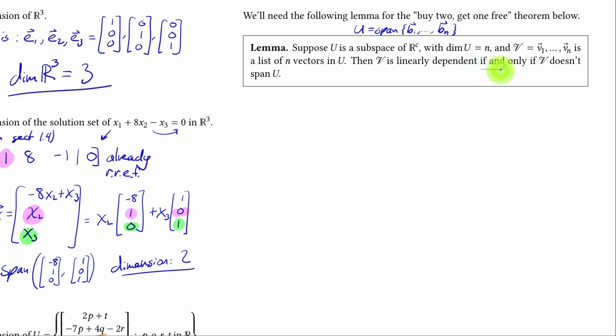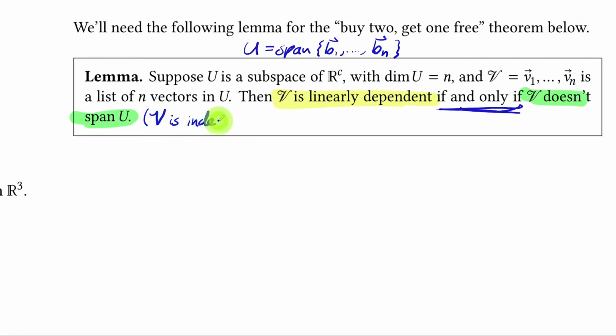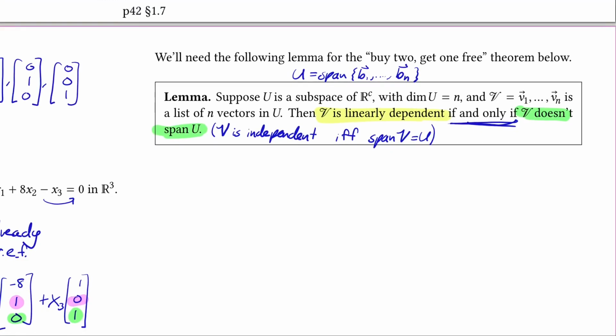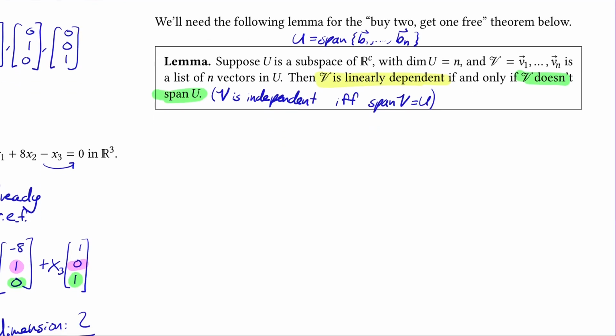Now remember, if and only if means if one of these two things is true, then the other one is true. And if one of them is false, the other one is also false. So another way to write this is like so. V is independent if and only if the span of V equals U. And that's the way we're really going to use the theorem, but it's going to be easier to prove in this opposite version. So we'll prove this in a minute,